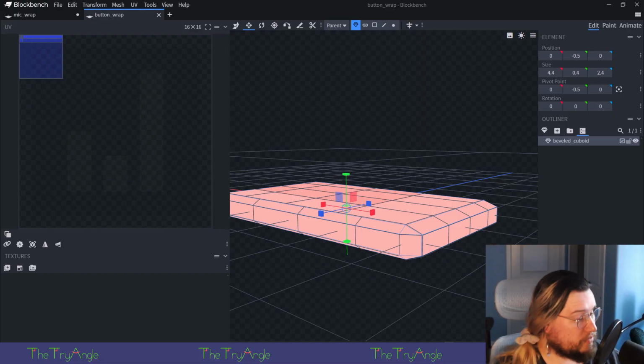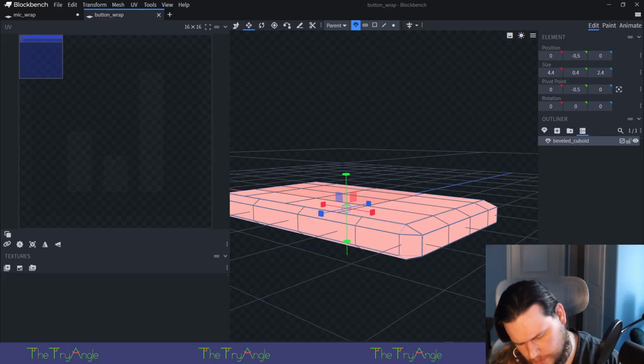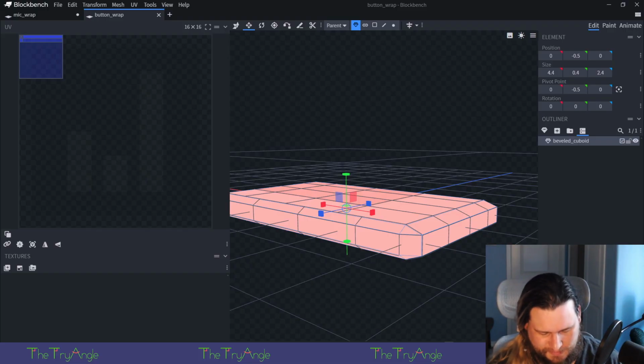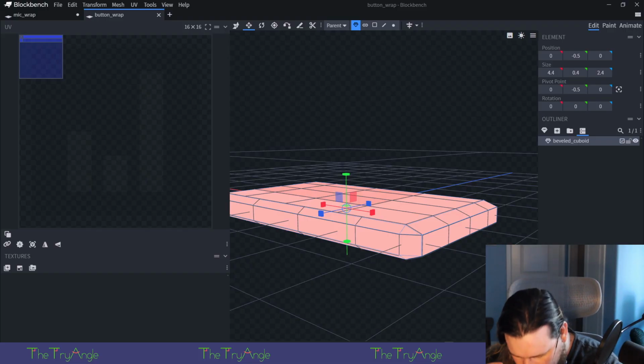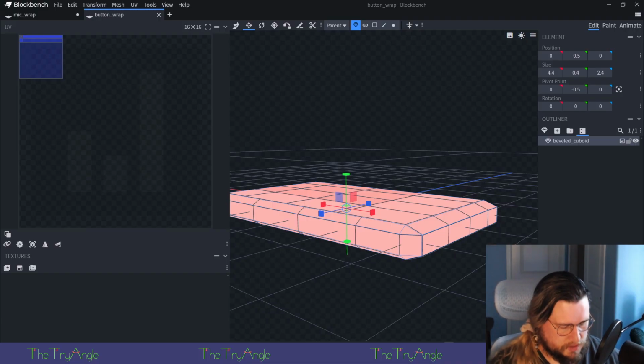Oh, I'm making some 3D assets. No, you can't know why. No, I'm making some stuff for, you know, another little project.